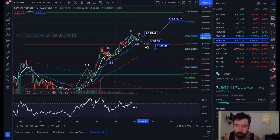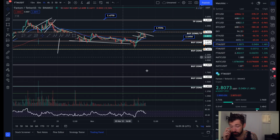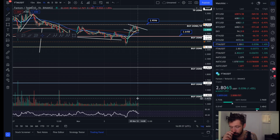So let's finish off the video here on the smaller time frames. I'm actually going to jump into the 1 hour because the 1 hour RSI is a beautiful indicator to know when to take profits. So you can see here we came up to about 295 and we created a very small higher high. You can see with these wicks here while creating a lower high on the RSI, bearish divergence,